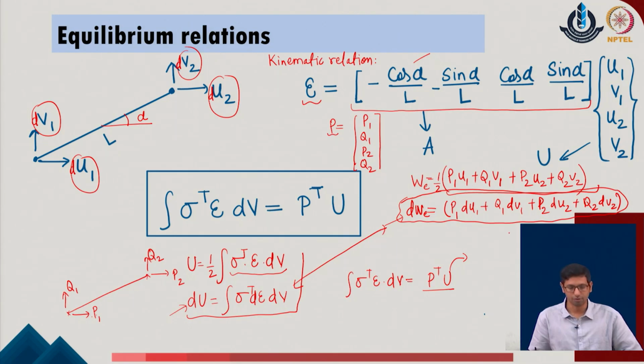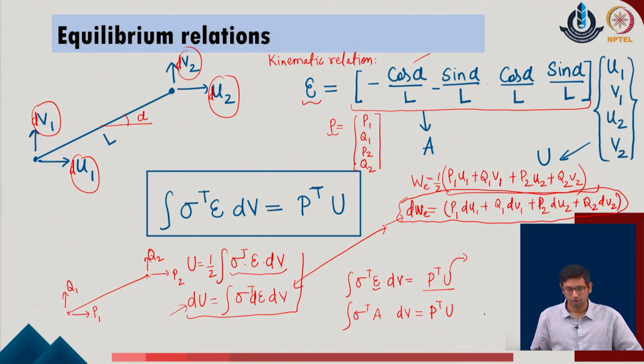Now, having this part clear, we can identify the general relationship. The sigma transpose epsilon we have already adopted in the previous part is written in terms of the A matrix and the displacement parameter of the given system. So, using this, the user can write A into U dV volume integral equal to P transpose U in the given system. We realize that when the U displacement is only defined with the nodal values, I can take it outside of the integral. So, it will not go with the volume integral at this point.